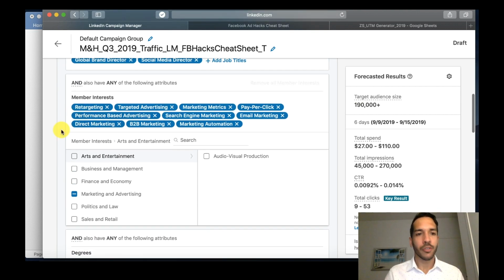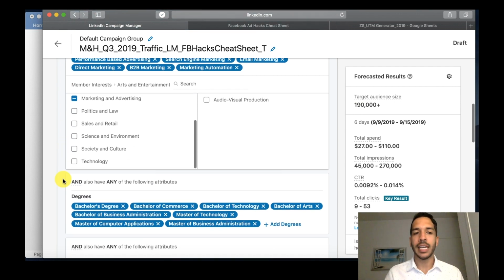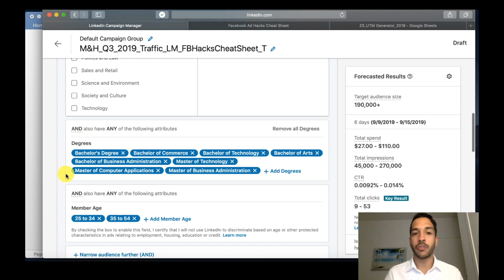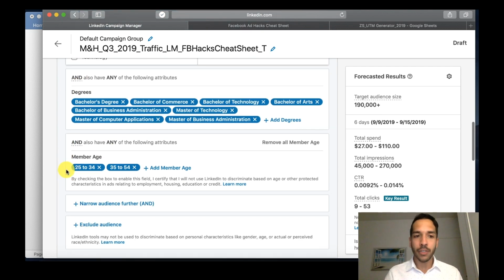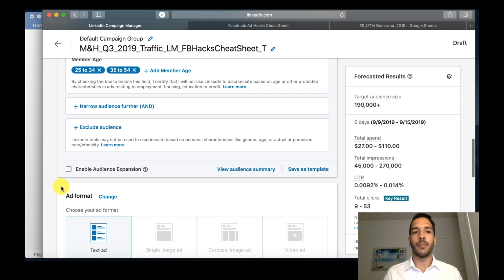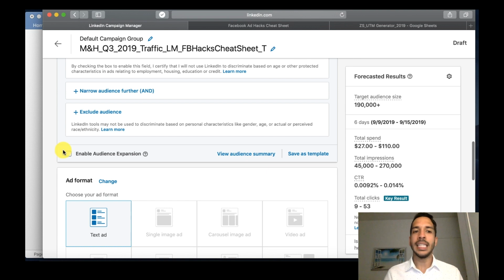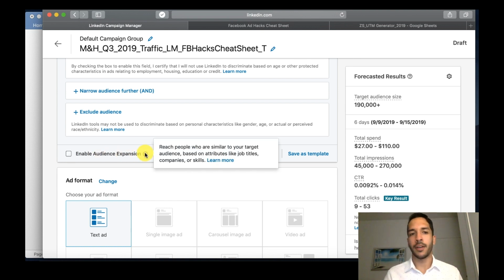So I already have my interests in here that I want to layer in, and I've already layered in my degrees, my age range. So now the audience is at a pretty good place. You can continue to either exclude audiences or narrow further. Like I said, I'm at a good point right now with my audience size, so I'm not going to do that. Enable audience expansion. What this is, and it's going to tell you right here, is that